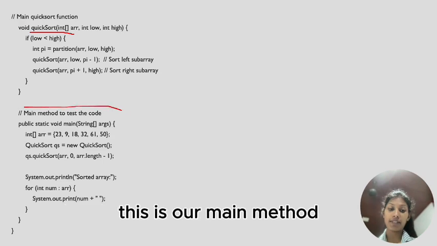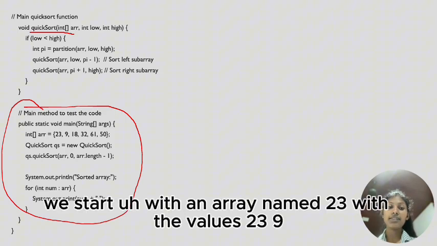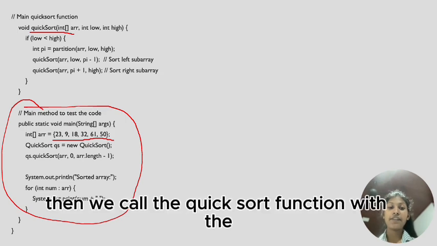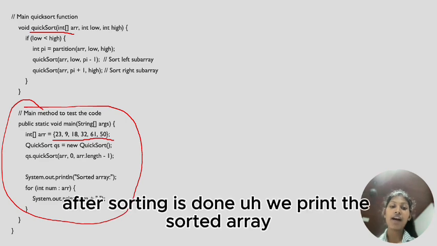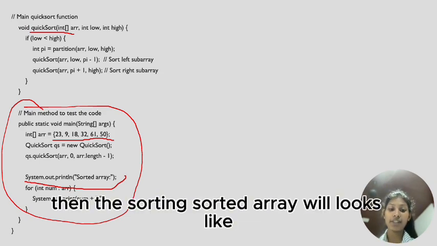This is our main method. We start with an array named 23 with the values 23, 9, 18, 32, 61 and 50. Then we call the quicksort function with the first and the last index. After sorting is done, we print the sorted array. This is the coding part for that. Then the sorted array will look like